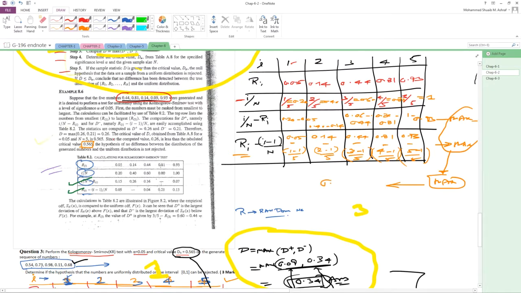This is the critical value 0.565. So if your answer is bigger than 0.565, then write rejected. If your answer is smaller, then write not rejected. Understand? So this is the